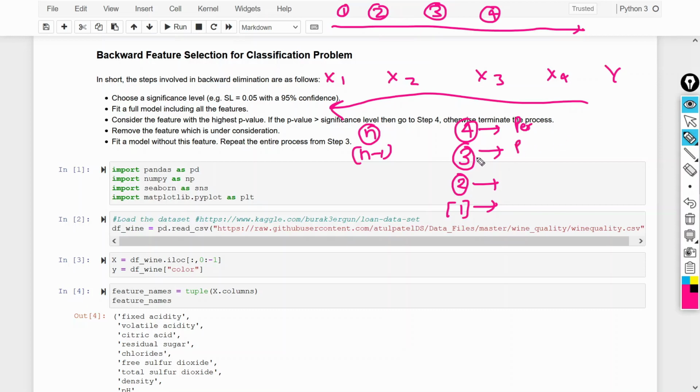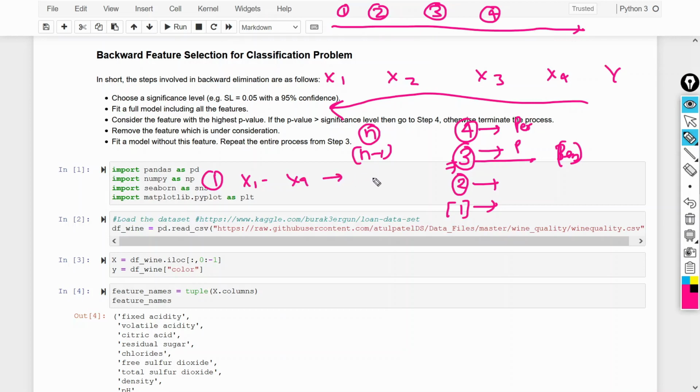Whichever combination provides the best performance, that feature combination I will select. It means in the first iteration I will select all the features x1 to x4.